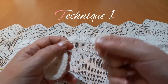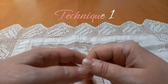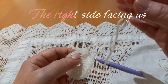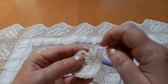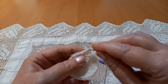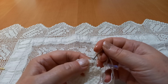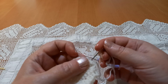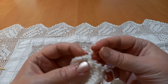So we're here, we cut the yarn and pull the yarn, then we insert the yarn in the needle, and now we are going to go here where the chains are, and we're not going to use the chain stitch, but we're going to pass under both loops of the first half double crochet stitch here,